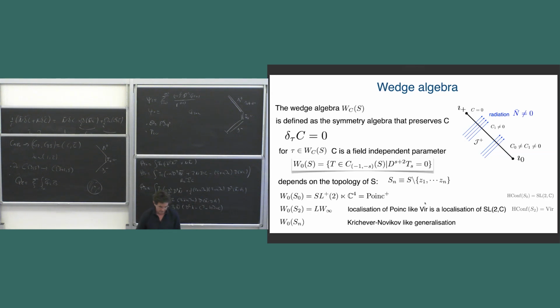Okay, and maybe what we have to finish is that now what we have is a deformation of this algebra in terms of the shear parameter. What this is really about is that the notion of vacua at zero shear, like the vacua at I plus, is not the same as the vacua at I0, because they're labeled by different shear. And so the algebra at I plus, which is LW infinity, is not exactly the same as the algebra at I0. It's another W infinity algebra, but rotated or translated by this shear. Thanks. Sorry I went overboard.